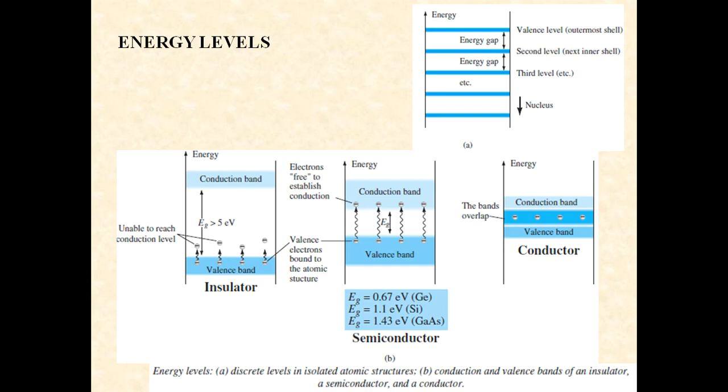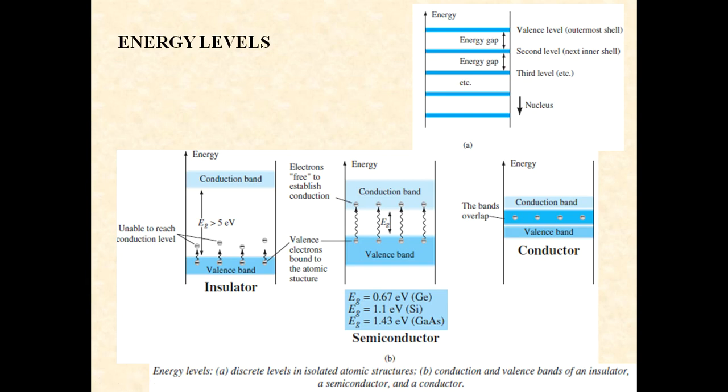Under normal circumstances, a semiconductor behaves as an insulator. However, at room temperature or whenever any external energy is supplied, the semiconductor actually becomes a conductor from an insulator. That is why we give the term semiconductor to it. Next, the conductor: we know that the energy levels are mixed or overlapped. We usually say that the conduction band and the valence band are overlapped in the case of a conductor.